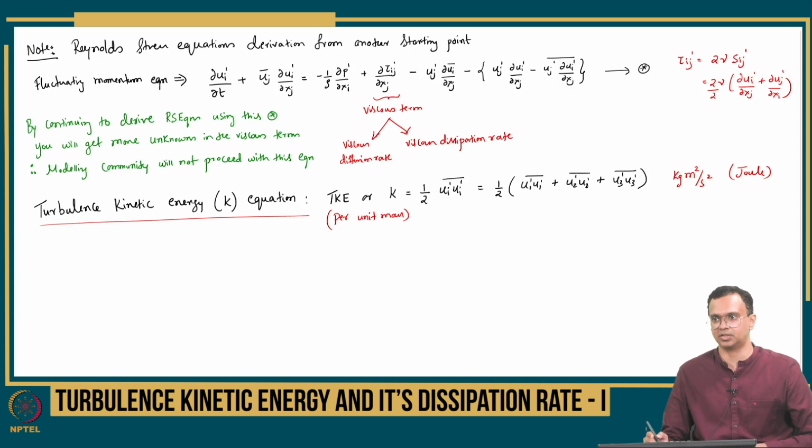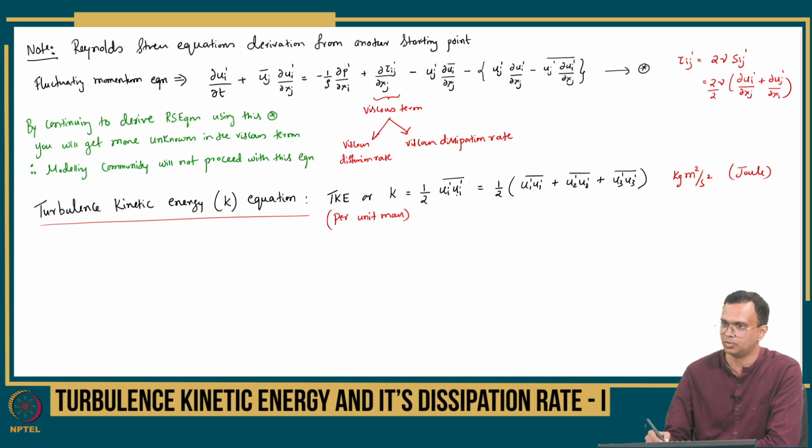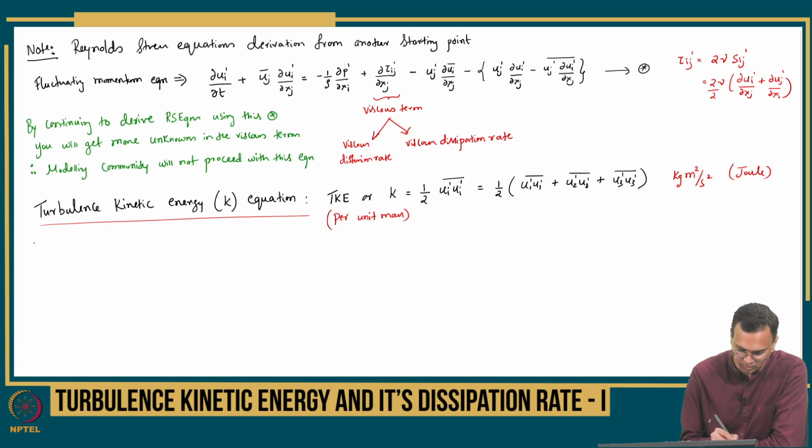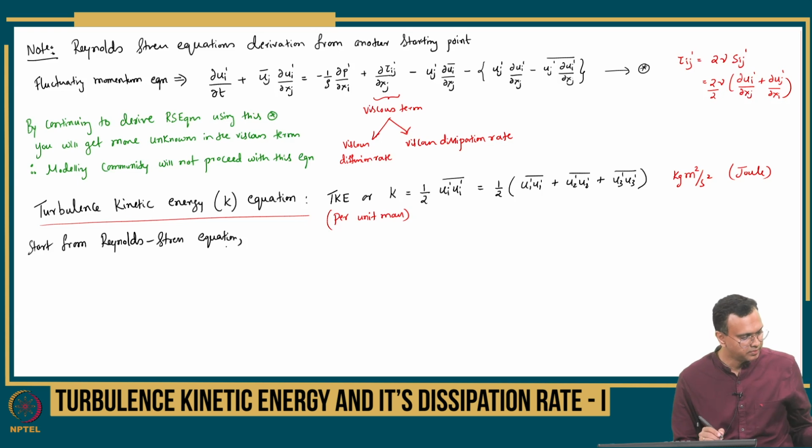For that it is straightforward if you have the Reynolds stress equation, because I need ui prime ui prime averaged, so I simply need to contract the indices. So the derivation is straightforward. Start from the Reynolds stress equation, which is giving me